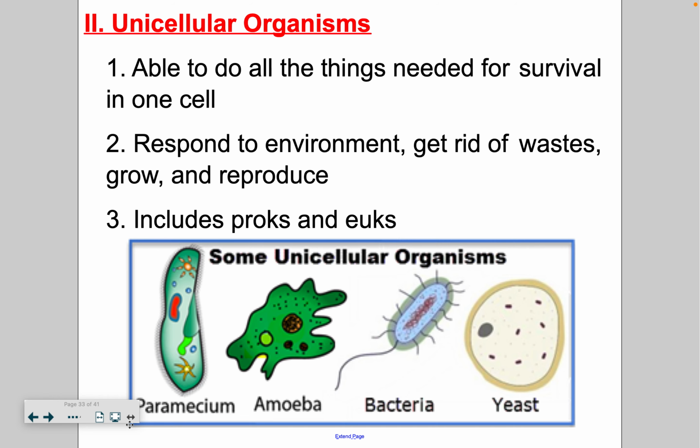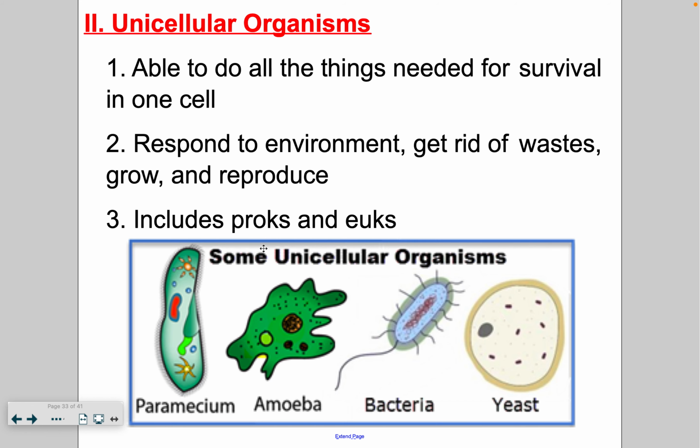Okay, so first off, let's talk about unicellular versus multicellular. Unicellular means that they are one-celled, and because they are one-celled, that one cell has to carry out all the functions necessary to live. So within that one cell, it's got to have something to get rid of waste products. It's got to have something to make proteins. It's got to have something to create energy. It's got to have something to direct all of these activities. So everything that cell needs is in that one cell. And it allows it to respond to its environment, to get rid of the waste, to grow, and to reproduce.